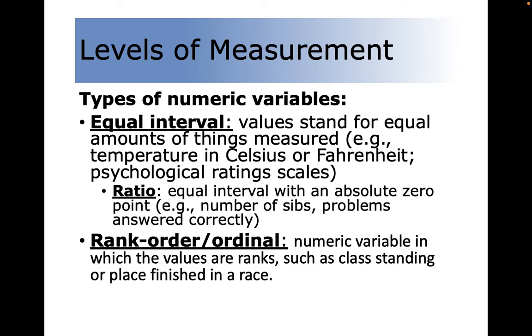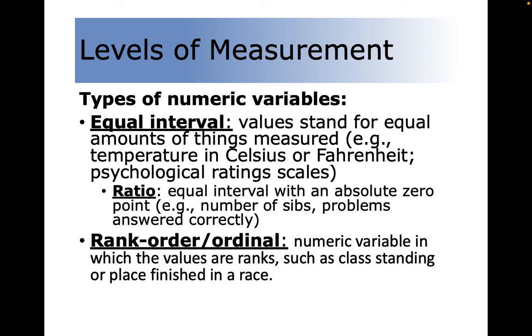The amount of difference in the underlying GPA between the second and third in class standing might be very different than the amount of GPA difference between the 8th ranked student and the 9th ranked student. So a rank order variable provides less information than an equal interval variable. That is, the difference from one rank to the next doesn't tell you the exact difference in amount of what